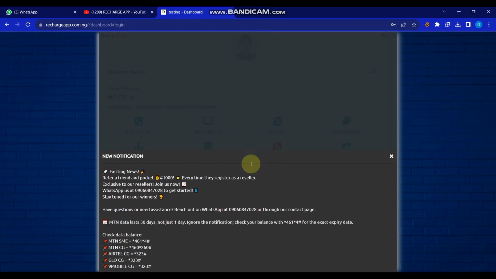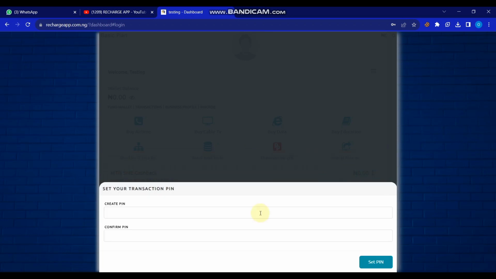Okay, so once you activate your account, you are going to see a notification over here. You can read this, and when you understand it, you click on the exit button over here, and then you'll be asked to create your PIN. Remember that your PIN is the 4-digit PIN that allows you to make a transaction. Like if you want to buy data on the recharge app platform, you need your transaction pin. So I'm going to create my transaction pin over here,